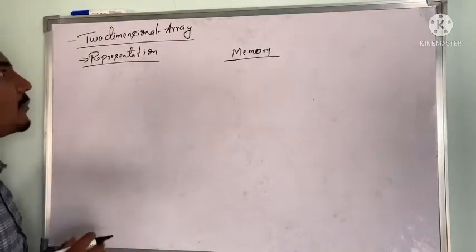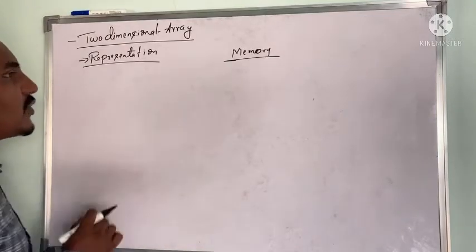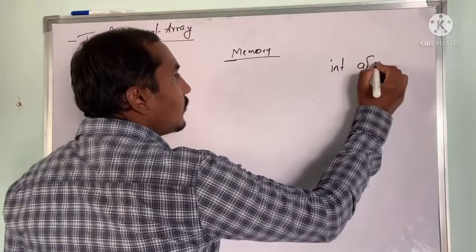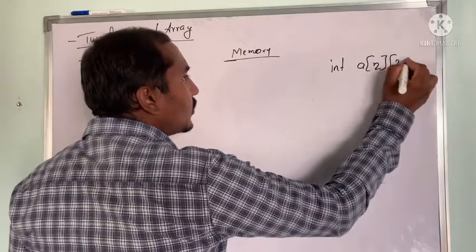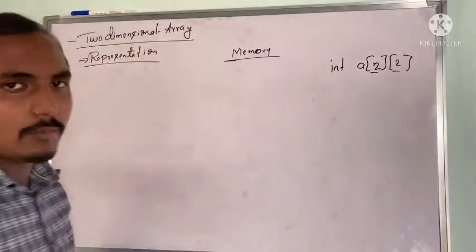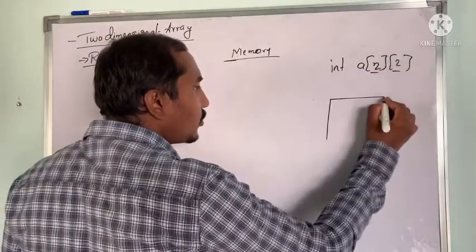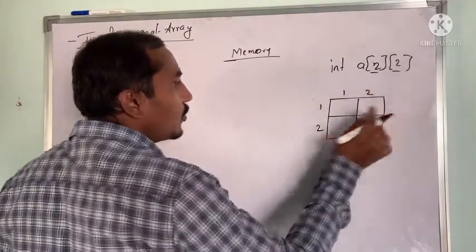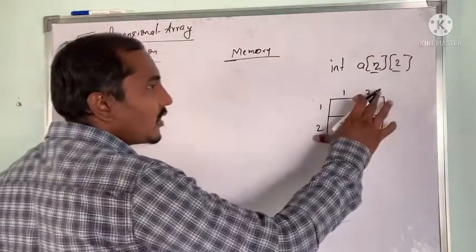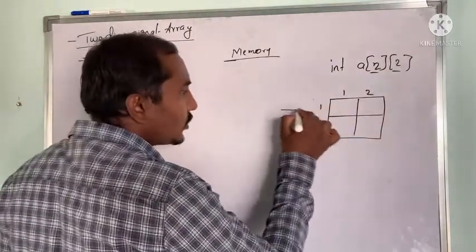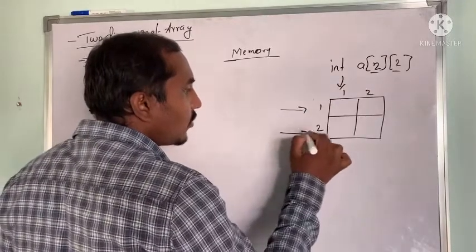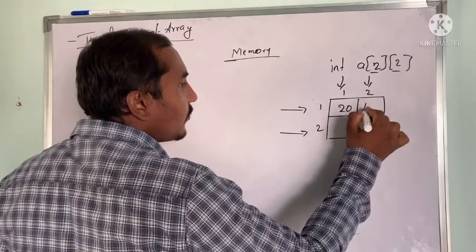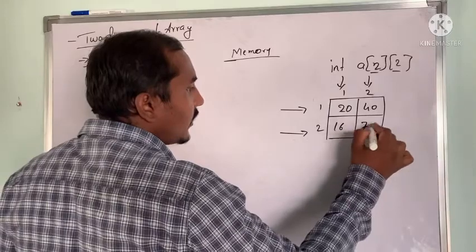When you consider the representation of arrays, if you consider a two-dimensional array, we are going to write something like this. If I write integer A of 2 cross 2, in the sense we are going to have 2 rows and 2 columns. So we are going to represent that in terms of a square, with indices 1, 1, 1, 2 and 2, 1, 2, 2. This represents the first element, and this represents the second element. Likewise, first row first column, similarly second row second column. Now here I can write any elements like 20, 40, 16 and 70.